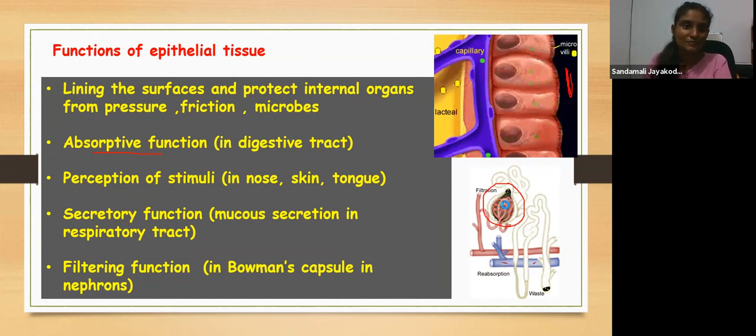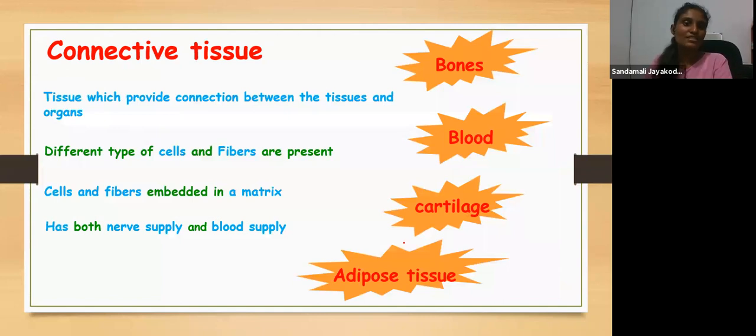And then we are moving to discuss the connective tissues. Epithelial tissue carries out the function of lining the surfaces. Connective tissues carry out the function of maintaining the connection between different tissues and organs. The most common example of a connective tissue is blood. We can take this as an example, as it provides a good connection between all of the organs in